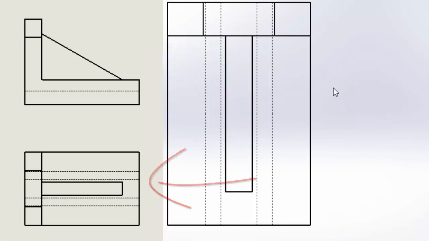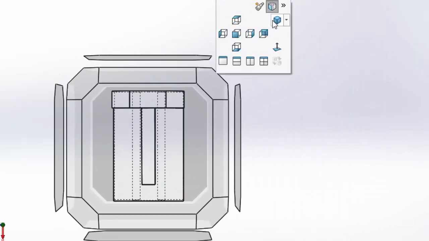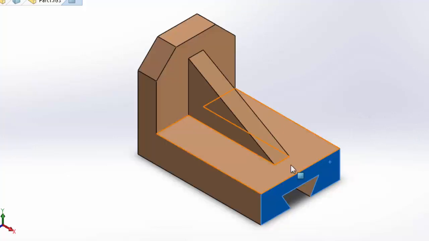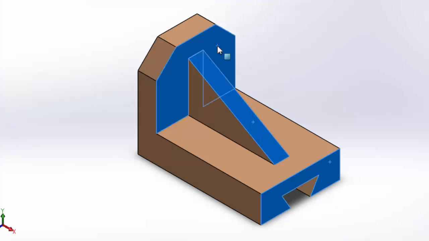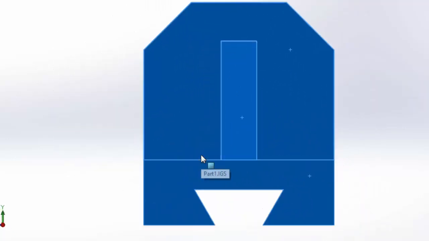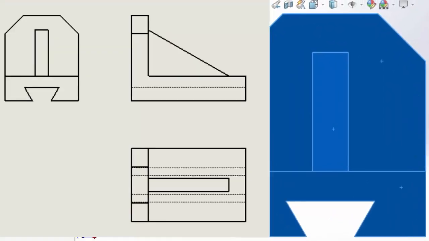After that, we have to draw the right side view here. Let me show you the isometric view. Now we have to draw the right side view, which is here. If you see from the right, this face will be visible. Let me change that to solid. This face will be visible, this face and this face. Only these three faces will be visible. Let me show you the right side view. This will be the right side view. If you see from the right, this will be the view.